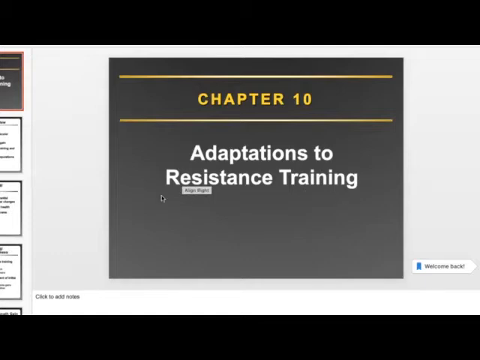Well, if you don't lift enough weight, or if the intensity of the weight training isn't enough, nothing's going to happen. Like if I do bench presses with my Bic pen, it's just not enough intensity. Nothing's going to happen. All right. So the adaptations to resistance training have a lot to do with the intensity of the training. And if the intensity of the training is high enough, then the adaptations are going to be so that you can resistance train more effectively.